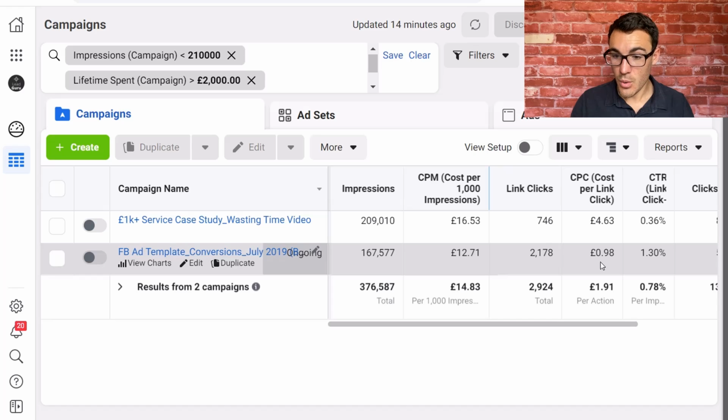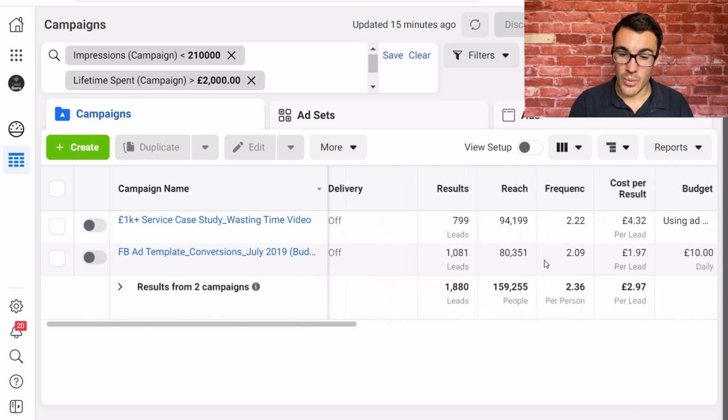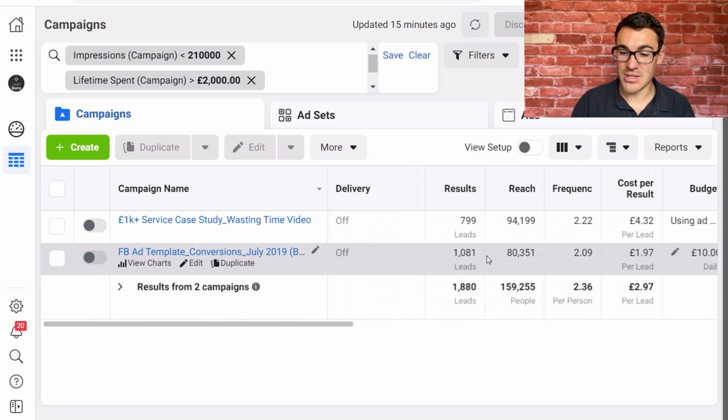So we need to look at the conversion rate between link clicks and then whatever it is you're optimizing for. So you can see this one here, down here, has 2,178 clicks. If I scroll over to the left, we can see that it has generated 1,081 leads. Okay, so what's that? That's almost exactly a 50% conversion rate from link clicks to leads,